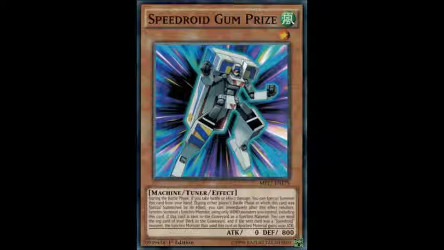If this card is sent to the graveyard as a synchro material, you can send the top card of your deck to the graveyard, and if the sent card was a Speedroid monster, the synchro monster that used this card as a synchro material gains 1000 attack. A gimmicky urgent tuning at best, but it's also searchable by one for one. That is always appreciated. And like I said, it's a gimmicky urgent tuning with its effect,